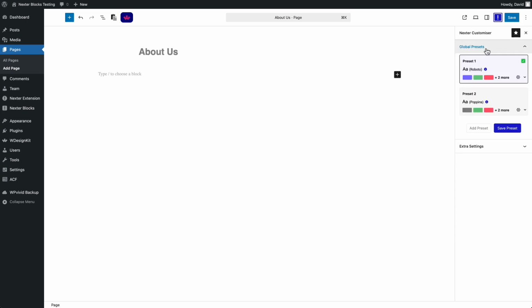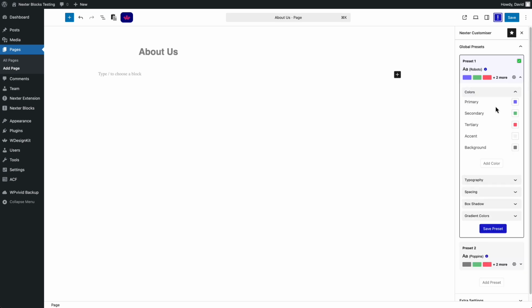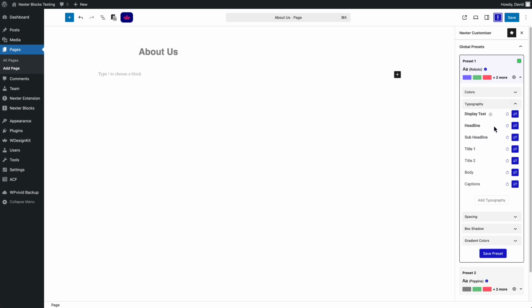It says global presets. You can think of this as global styles. You have 2 sets. You can add another set if you want to. You can rename, set up for dark mode, duplicate. Okay, but here's a place where you see the global styles. You have your colors. You can add colors. You have your typography options. Like we can look at